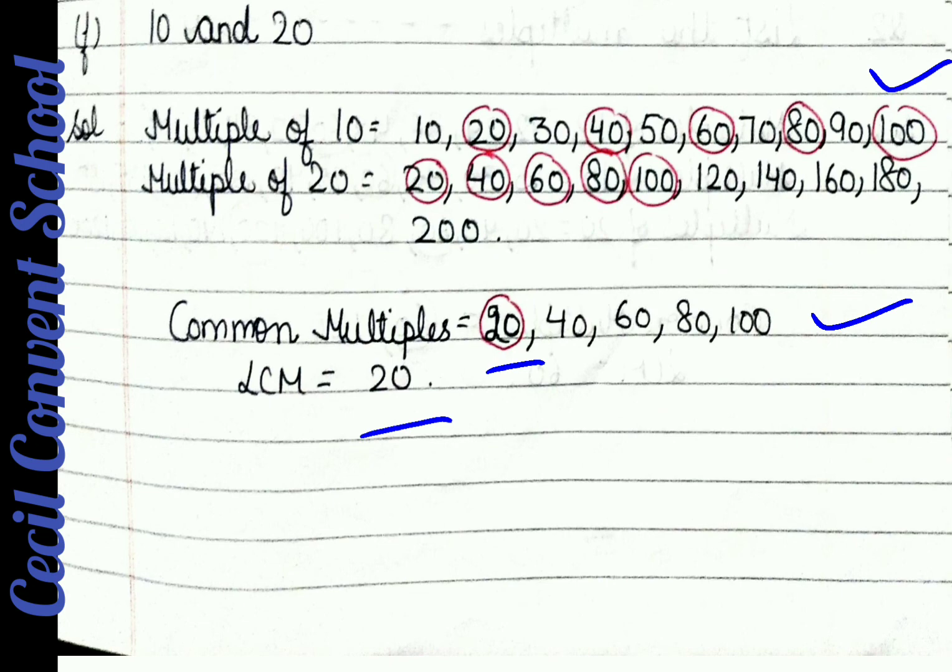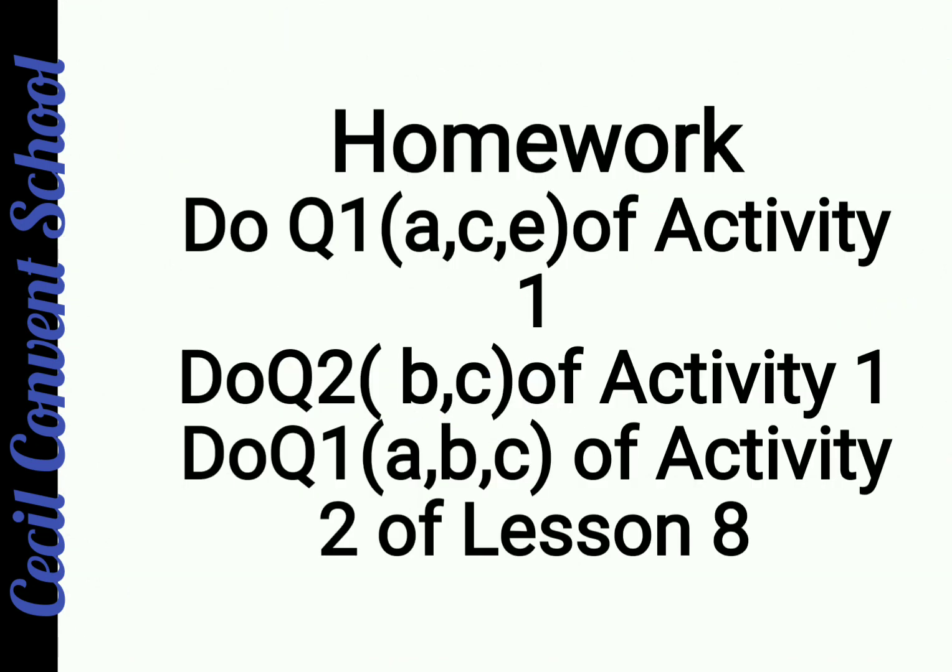Understood? So students, after this I have given you some homework. This chapter is big, so you will have to do more practice on this chapter. For the practice I have given more work, so no problem, you have to do it. Question number 1 A, C, E part is very easy, hardly takes 5 minutes of yours. Question 2 also takes 5 minutes, meaning 10 minutes. Question number 1 of activity 2 will take more time, because it's tables. When you write tables it takes time, otherwise it's easy. So this is the homework for you, so please students complete it. So thank you and have a nice day.